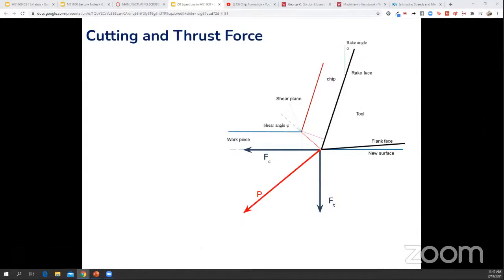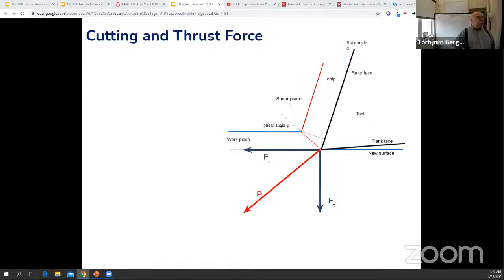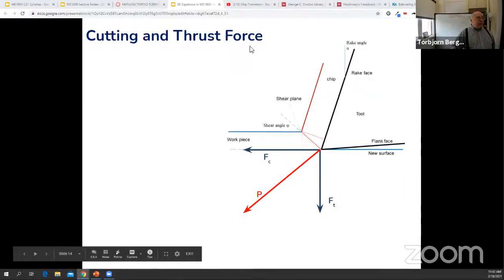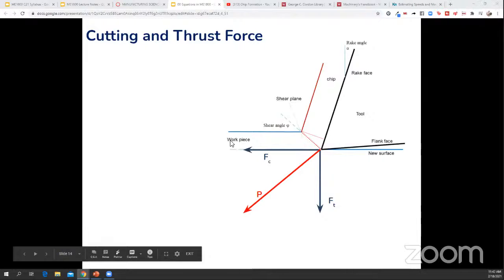Could you upload these diagrams for us? Yeah. Actually, I'll make a link to these slides for you in the